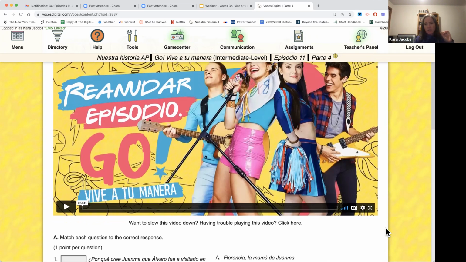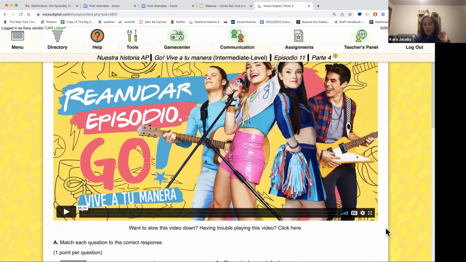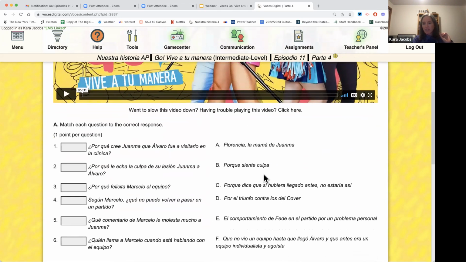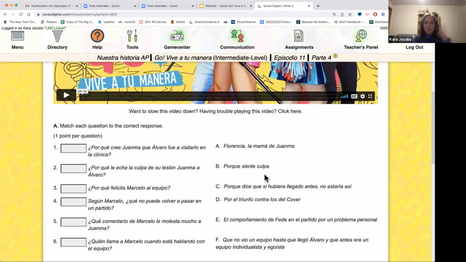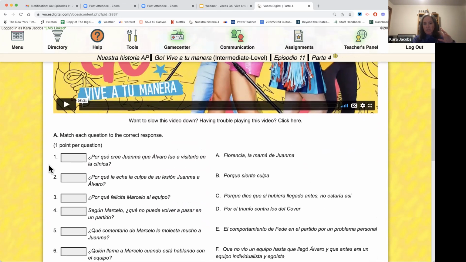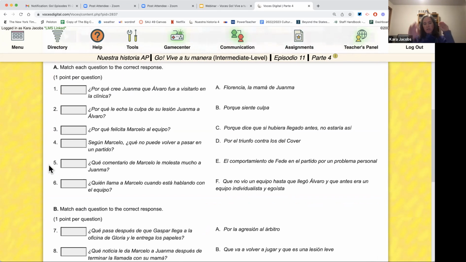That was purposeful. That was a choice. One of the reasons is if they have the subtitles in English, there's not really a purpose to these activities, right? There are so many reasons why you want the Spanish subtitles, but one of the big reasons is that when they do these input activities after, they're understanding more of what happened. So the activities aren't just language practice. They are language practice and they are input.